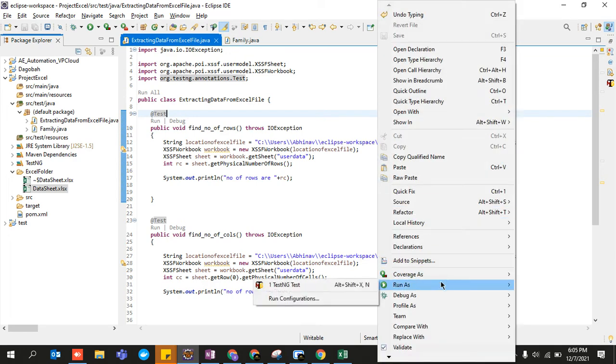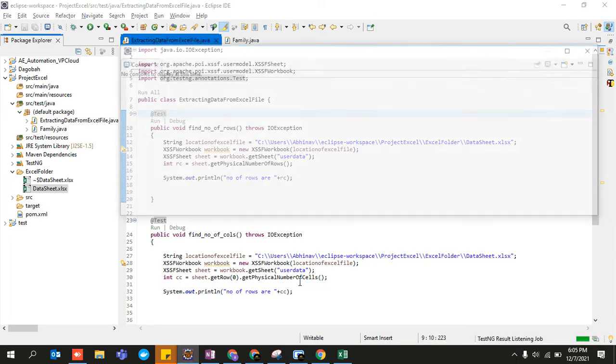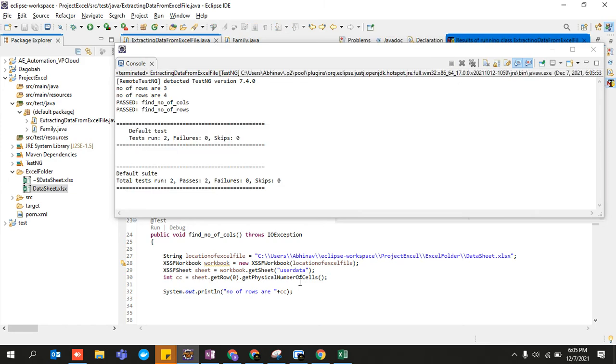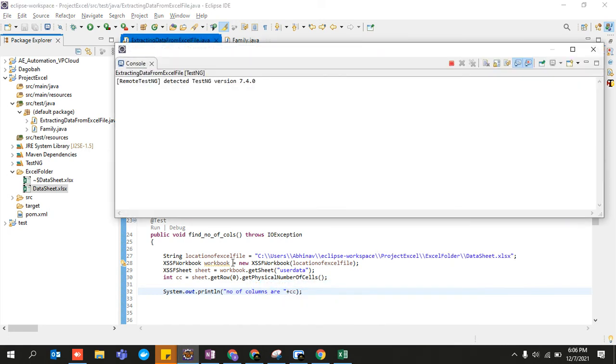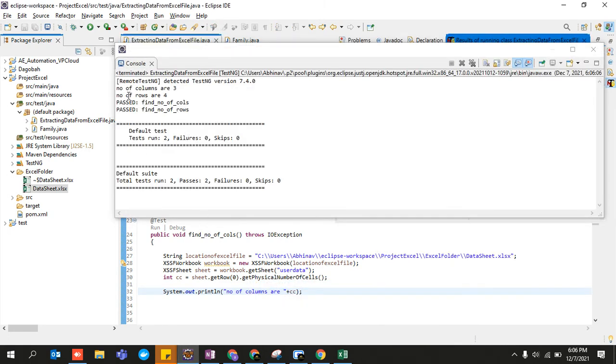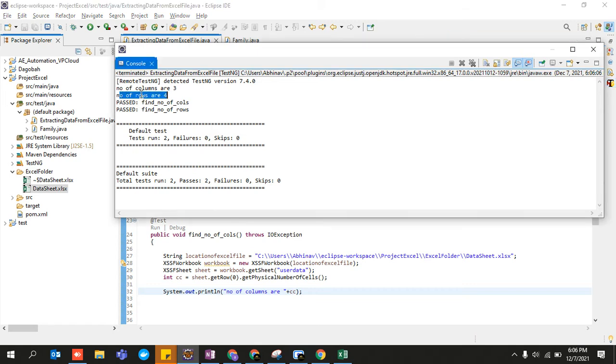So I'll just run as TestNG suite. Pardon. So number of rows are 3, and number of, sorry, the message is incorrect, number of columns. Again I'll run it out and show it to you guys. So the number of rows are 4 and number of columns are 3.